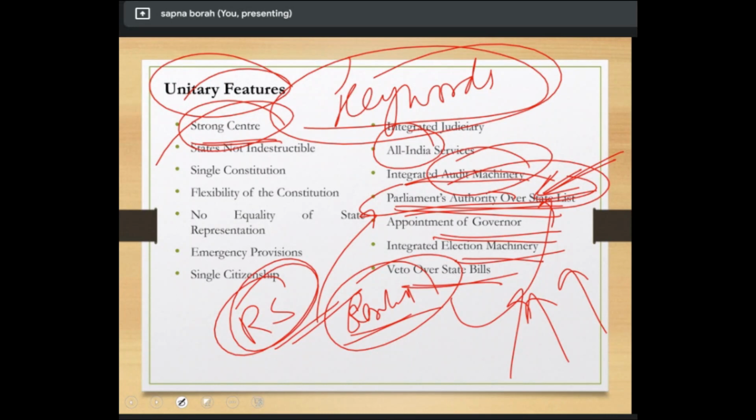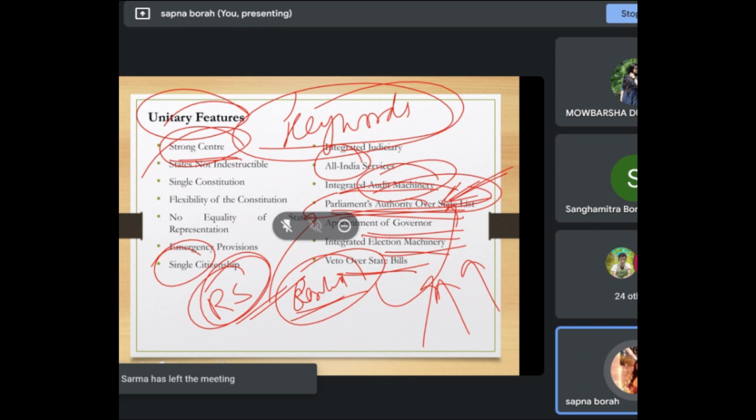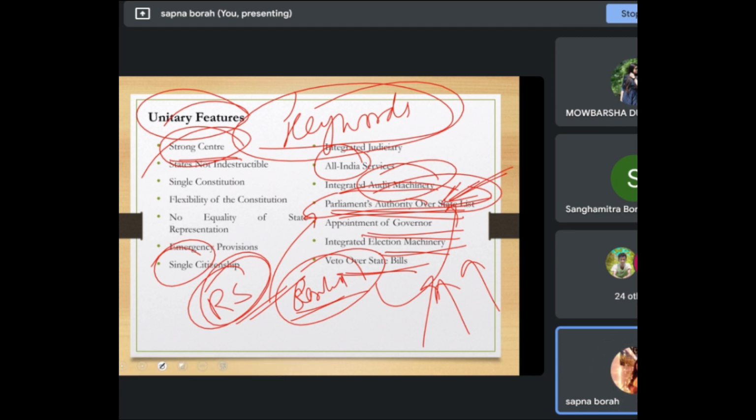a single constitution, a single word, by analogy it becomes a unitary feature. I hope you are getting this point. It's very simple common sense. You will understand the concept, but don't revise it like statements, or looking at it huge and revise it that way, it will not help. So there was a doubt if legislative